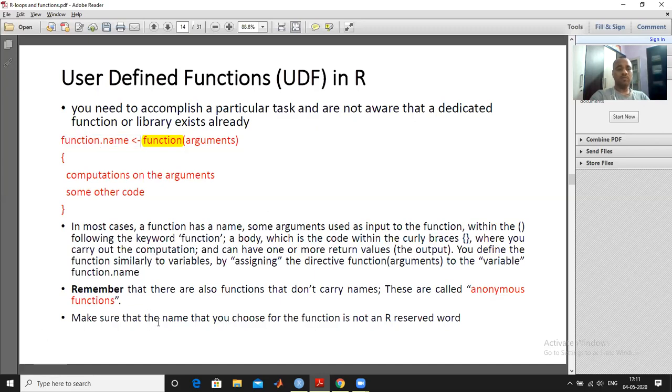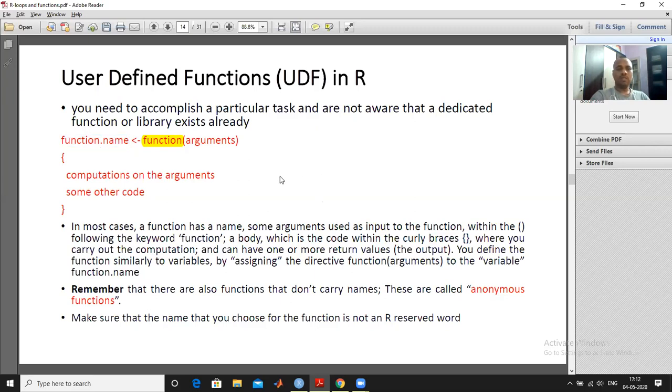There is a remark: we should choose function names that are not reserved keywords. For example, mean is already a predefined keyword, and if I put this function into a variable named mean, that will be very problematic. The system will be confused about which mean to calculate, this one or the predefined one. So avoid this type of reserved keyword.